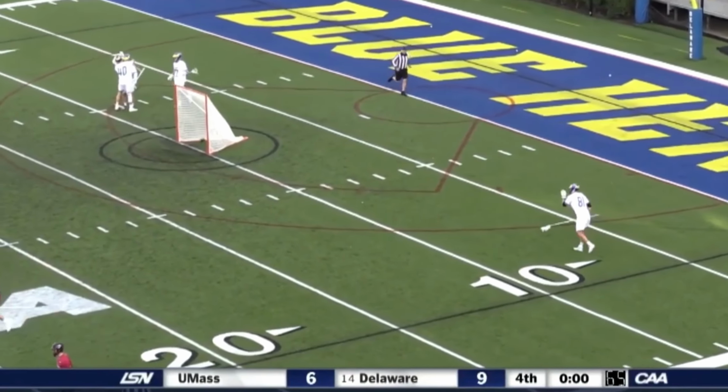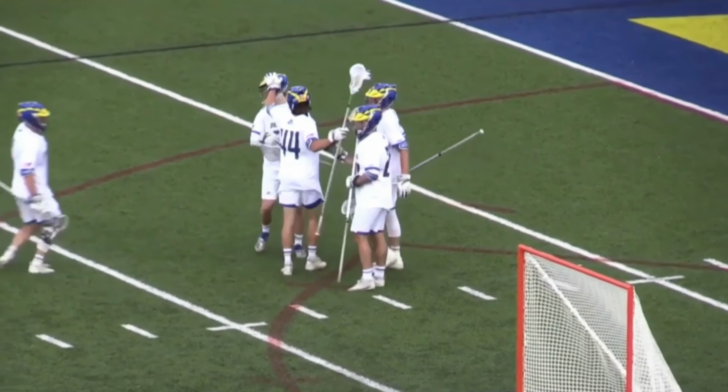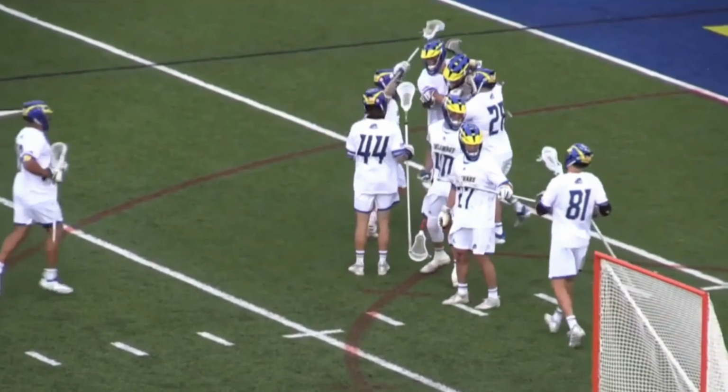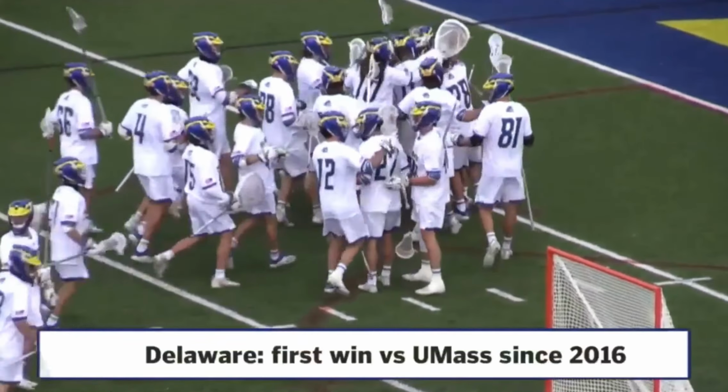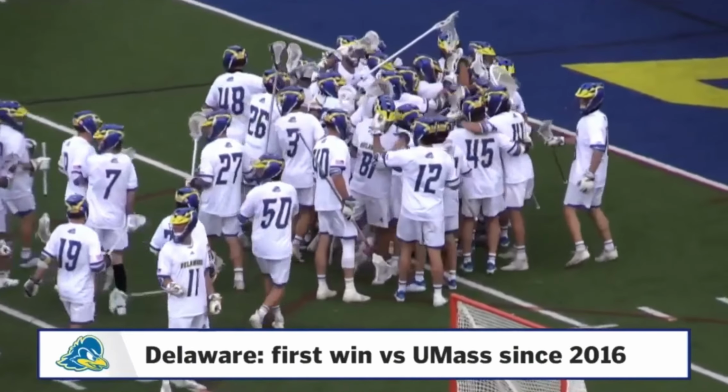As there's your final. Delaware decisive in the second half. The Blueheads win 9-6. They close the regular season 10-2 overall, 7-1 here in the conference, and they get their first